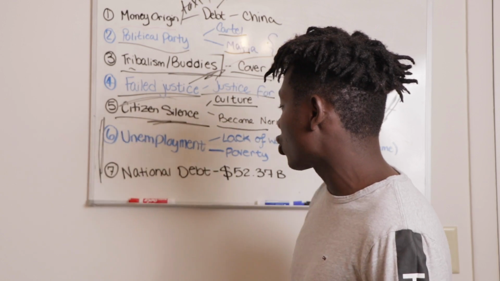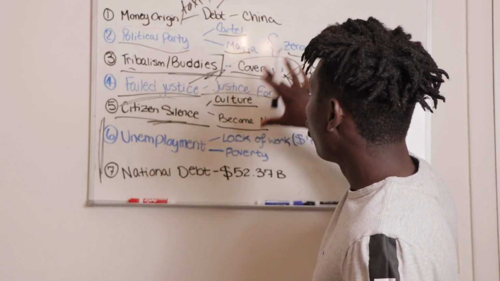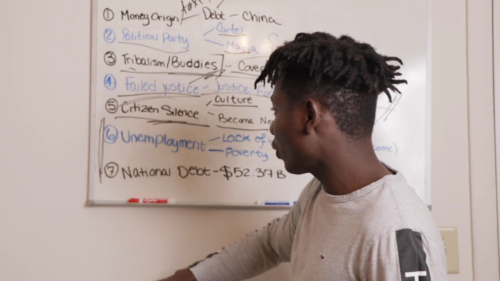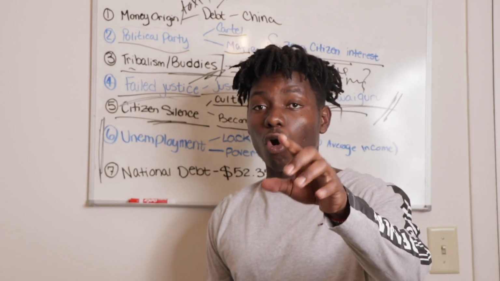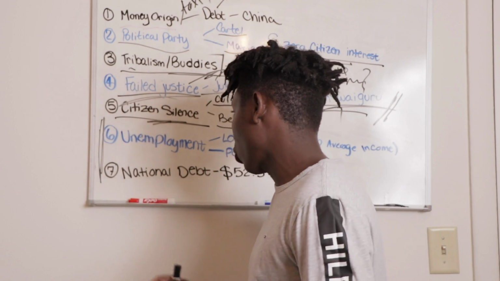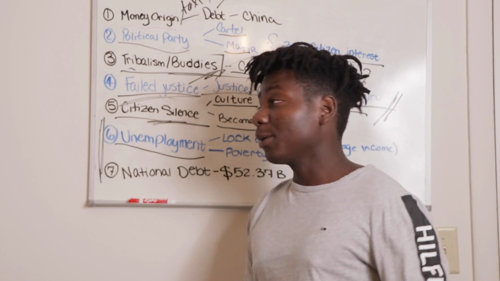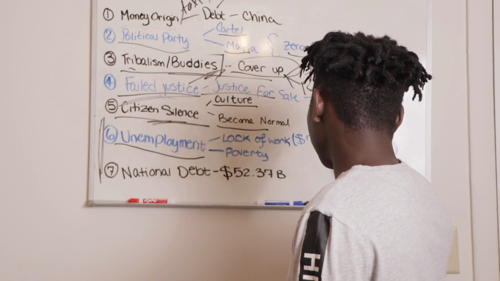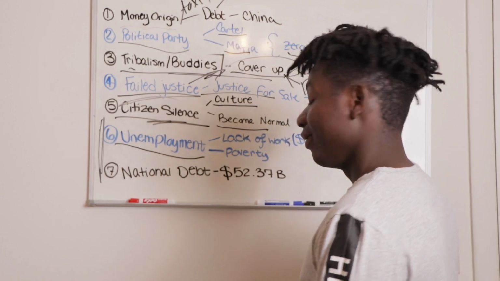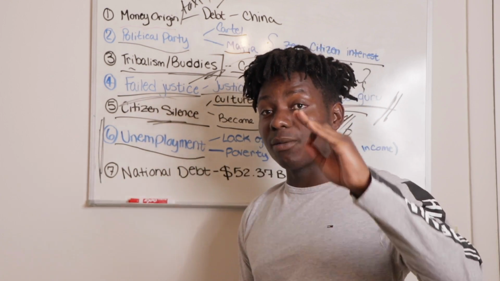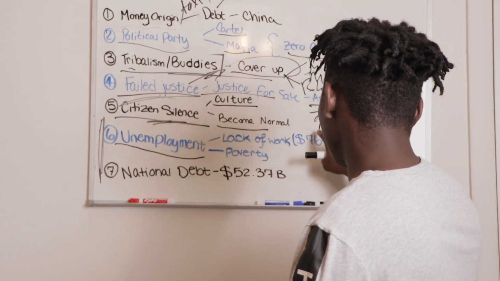I'm going to talk about the consequences that all this stuff in the system creates for you as a citizen or me as a citizen. The number one consequence is unemployment, right? The Kenyan report says that unemployment is about 9.1%. Every Kenyan man and woman I know will disagree with this number